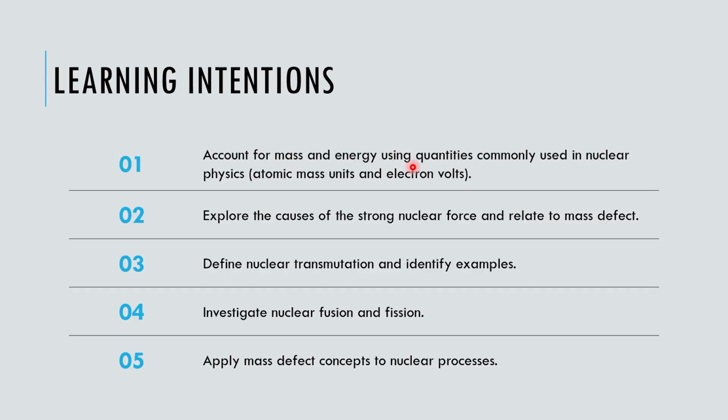We're also going to be looking at how we get the strong nuclear force and how it's connected to this concept of mass defect in nuclear processes. From there, we'll start unpacking different types of nuclear transmutation and look at some examples. Again, we've seen some already and others might be a little bit new today. And then we'll unpack fission and fusion. And throughout this process, when we look at these different types of transmutations, we're going to be looking at this idea of mass defect and those concepts